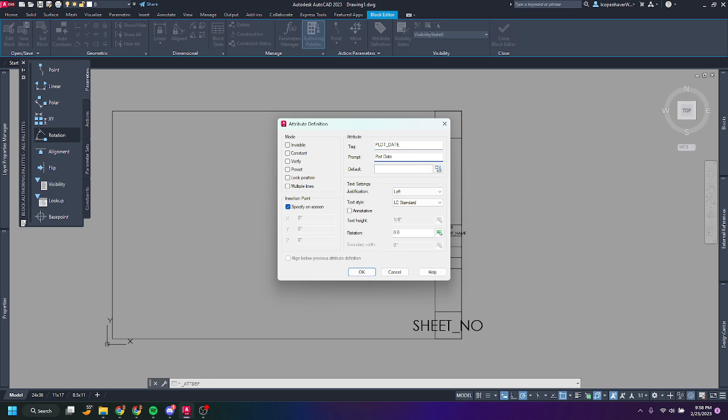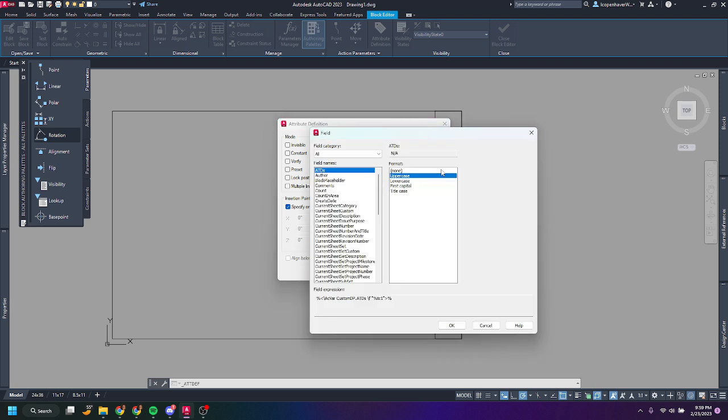It will need to have a space for it. But here in the default, you can click on this little tab, and this is the insert field tab, which will pop up this thing. And now you can click here, and I believe if you go to maybe document,